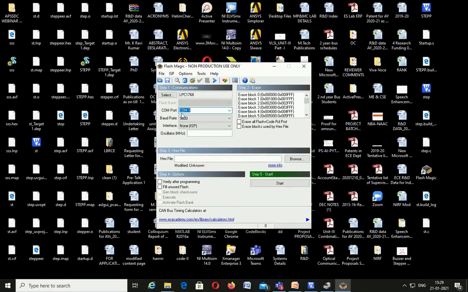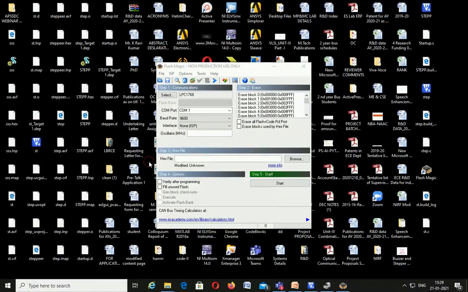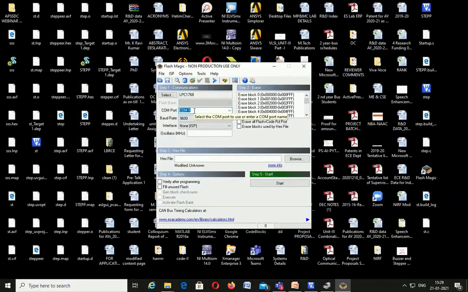To select the COM port, go to the device manager and open it so that you can see the ports. Here COM1 is there, so for this system it is COM1. For other CPUs it may change, so first we have to check the device manager and select that COM1 here. After that, the baud rate is the same, interface none, and the oscillator frequency you can give as 12 megahertz.